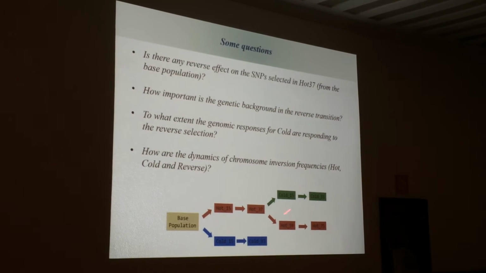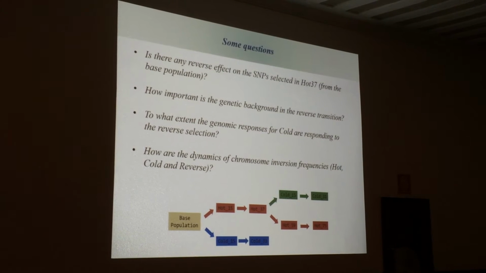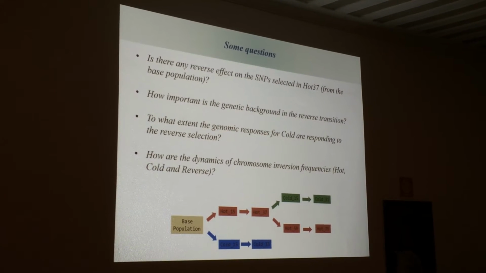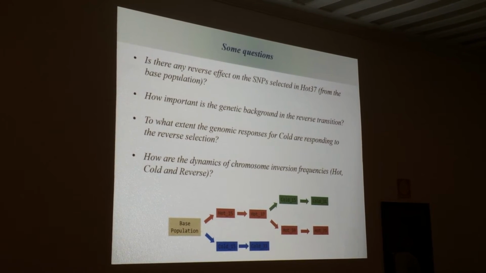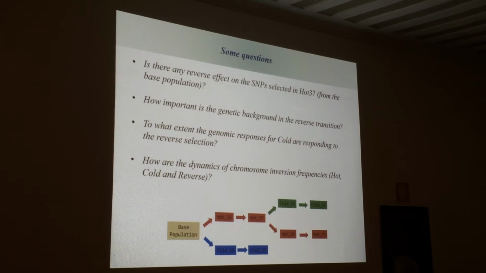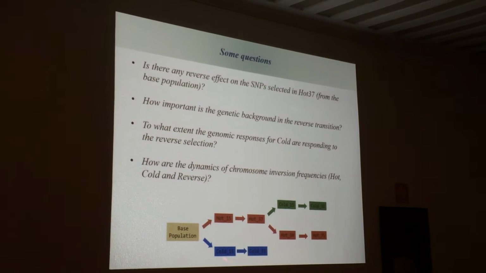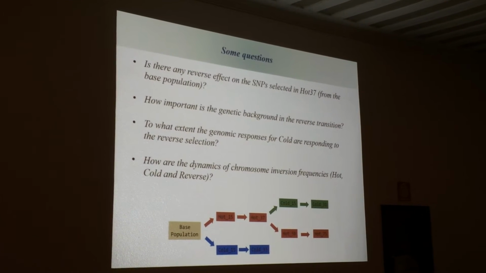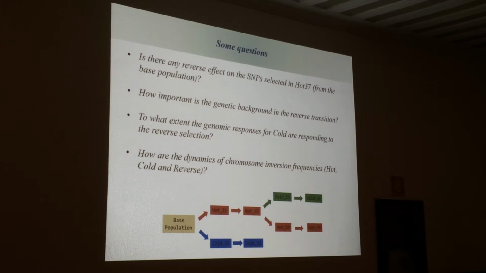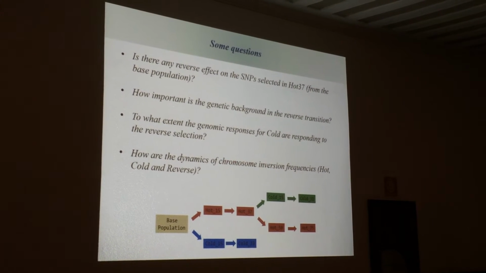So with this experiment we try to address 4 questions. The first one is whether there is any reverse effect on the SNPs selected in hot from the base when we put them again into the cold. The second question is how important the genetic background is in this kind of reverse transition between hot and cold. The third is to what extent the genomic responses for cold are also seen in the reverse, comparing these two treatments, because these are basically the same treatment and the only difference is the base population. This one starts from the base population without any specific selection for temperature, and this one starts with selection from the flies already selected in hot. And question number 4 is how the dynamics of the chromosome inversion frequencies of Drosophila behave